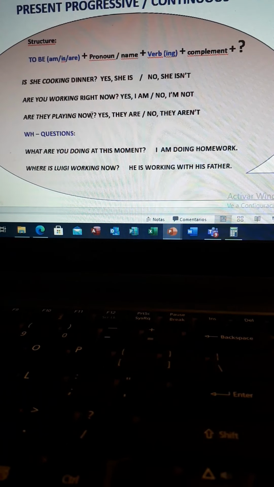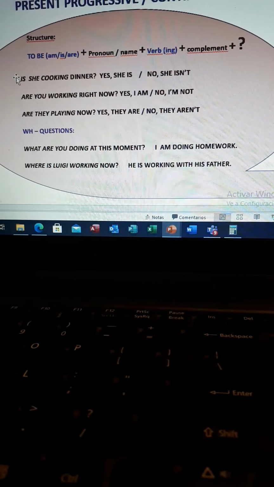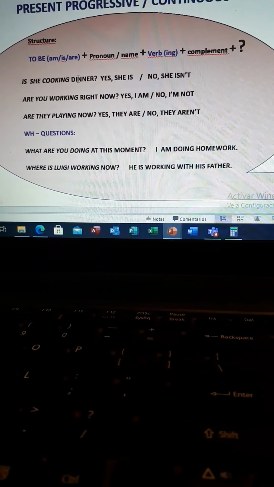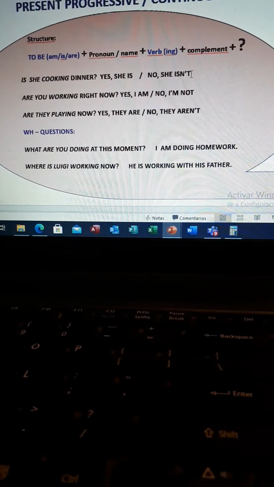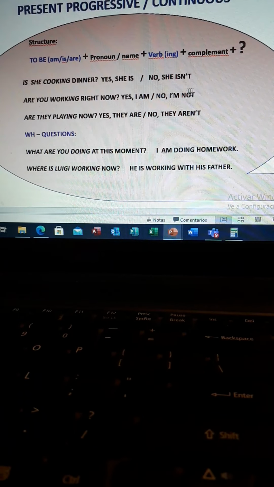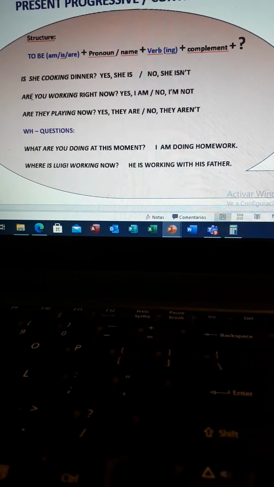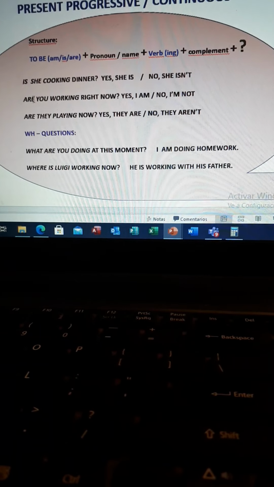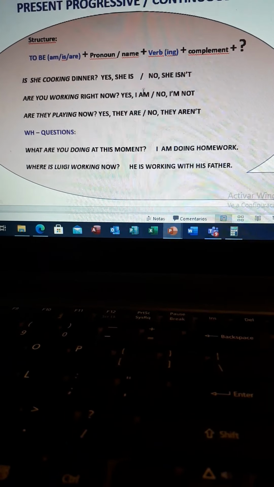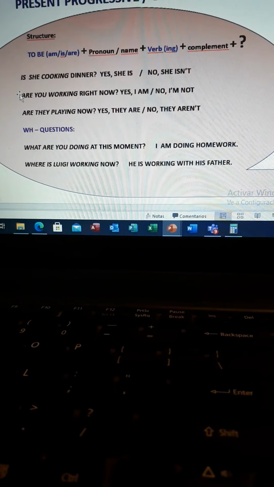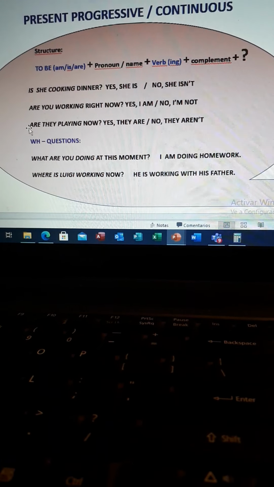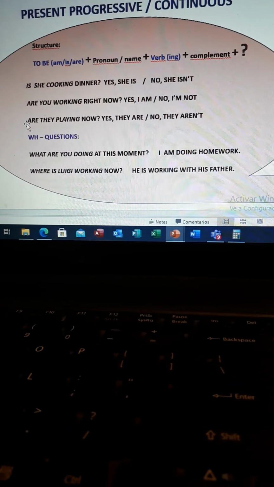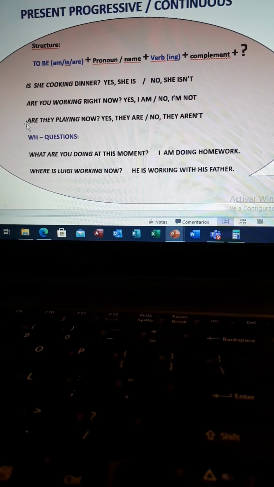Are they playing now? And if you are asking with the verb to be, there are short answers. Yes, she is, no, she isn't. Positive, negative. Yes, I am, no, I'm not. Okay, if they are asking you. Or yes, they are, no, they aren't. Positive, negative. Okay. But if you are working with a WH question, like what, where, which, who, why, when, how many, etc.,